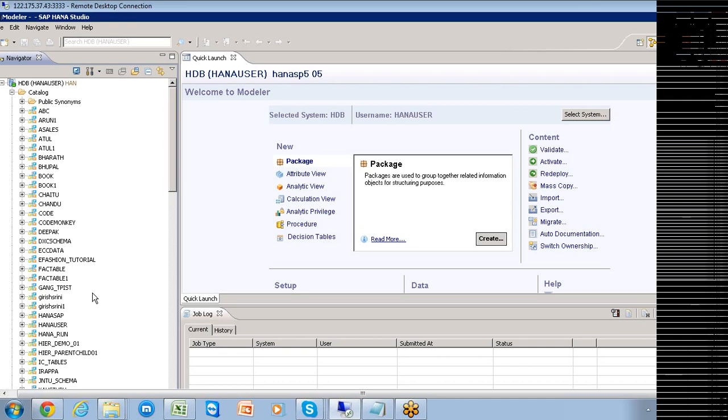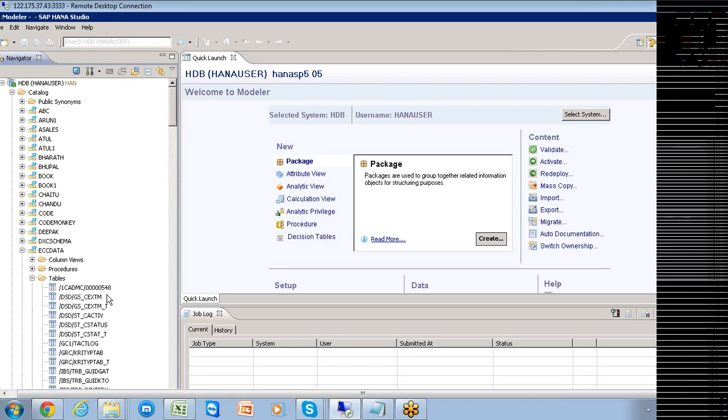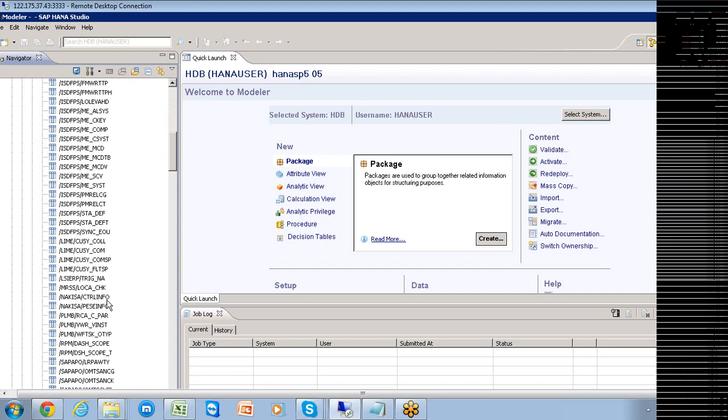Understood, right? So it is more like a data store, basically? Yeah, it is a physical database where your physical data exists in the form of these tables. Suppose your schema is something like ECC replica. Within this ECC data, whatever all the tables